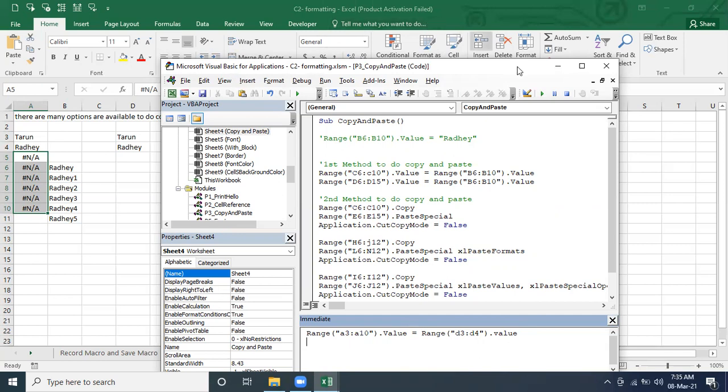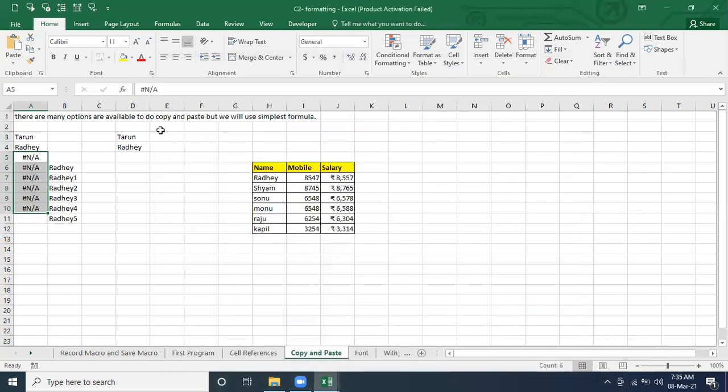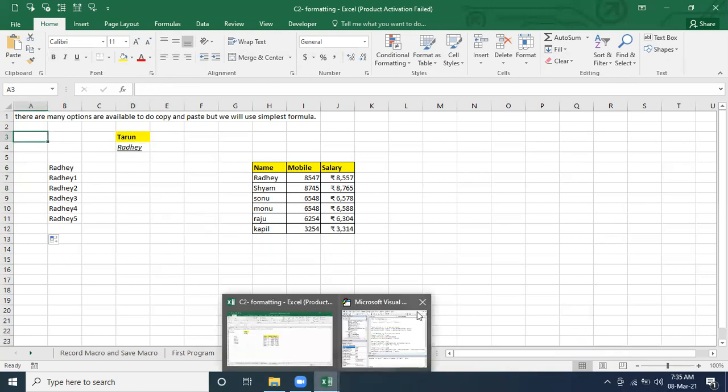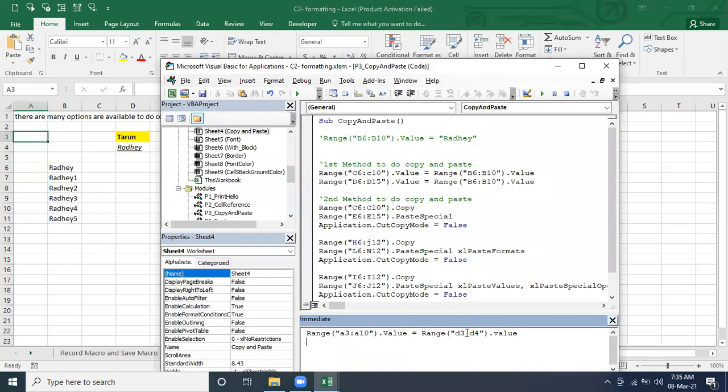So this is one way to do it. But let's say for this I set a background color and for this bold, and for this one I used underline and italic. So both have different formats. Let's say I copy this value and paste it to A3.